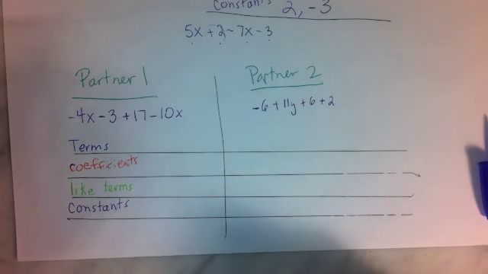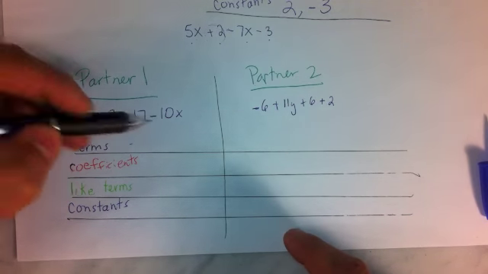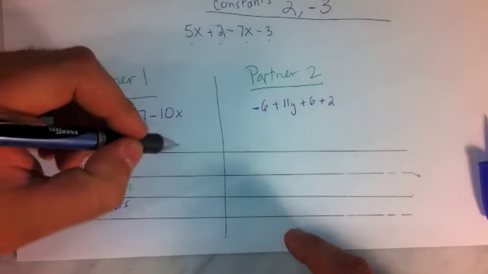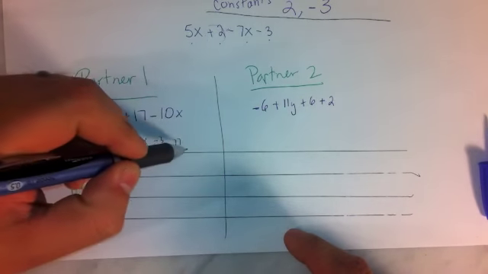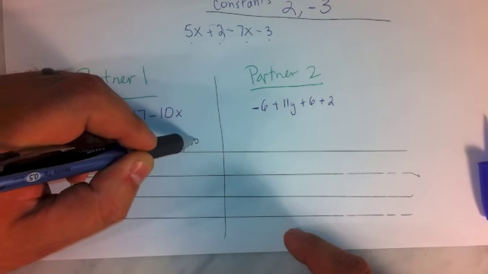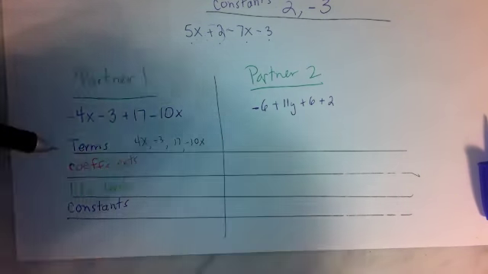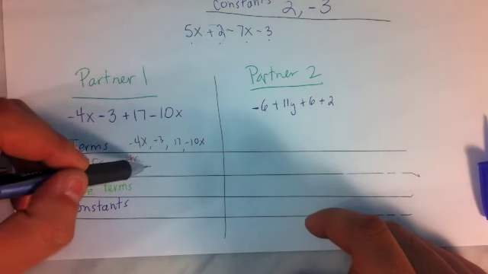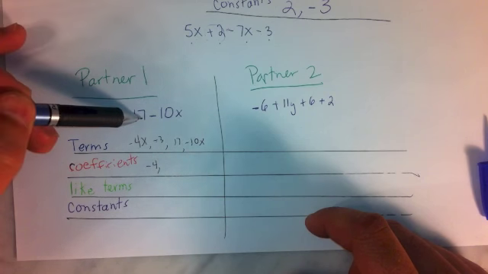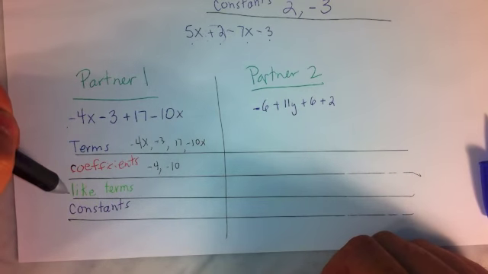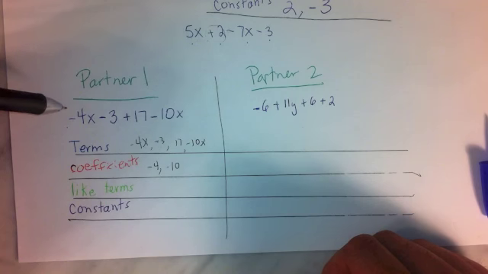Okay, so here we go, guys. We're going to explain and make sure we have the same thing for both of our partner 1 and partner 2 problems. Here, partner 1, our terms are -4x, comma, -3, comma, 17, comma, -10x. See, little details matter. Our coefficients here are -4, -4, comma, no, yes, and -10. Okay, our like terms are going to be two different pairs. Our first